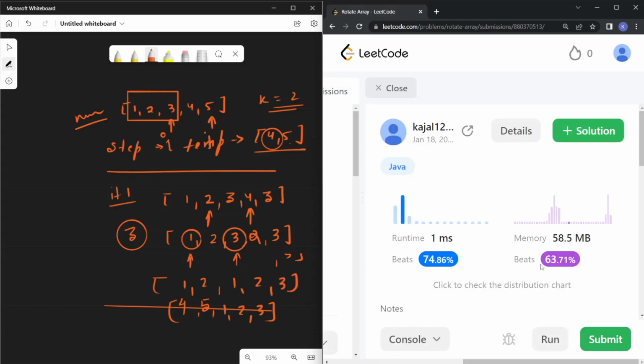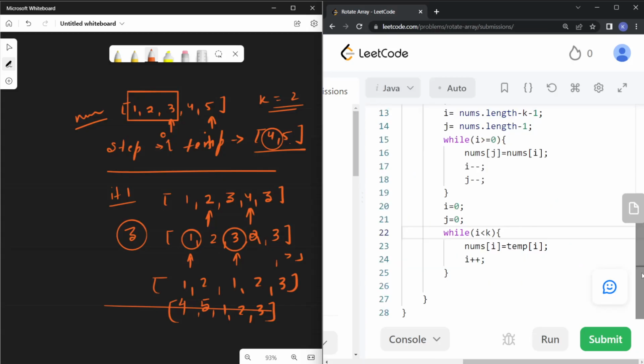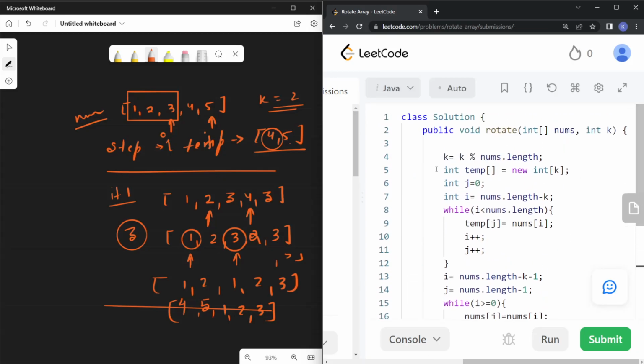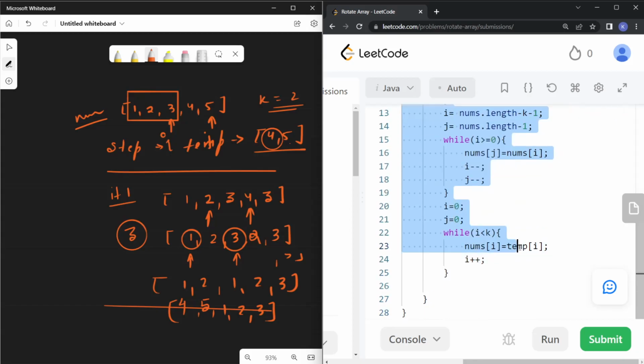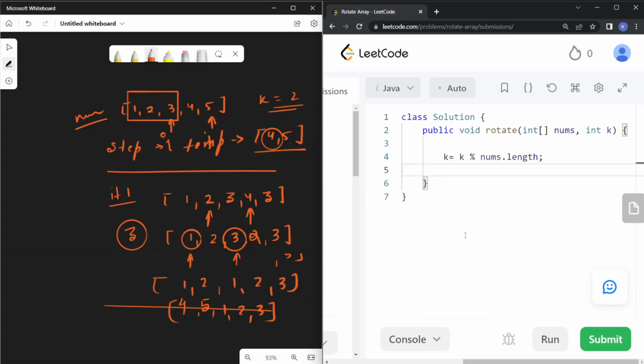Okay, so it has a runtime of 1 millisecond, wherein very little memory is used. Basically the minimum memory is used. Now the next case is very simple, because now we want the runtime to be even less than the one we have at the moment. So for that purpose, we are going to use the next solution, wherein what we are going to do is,